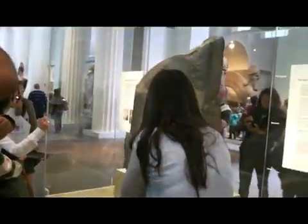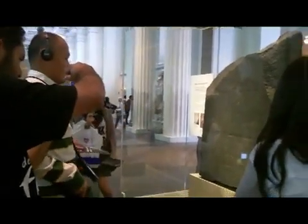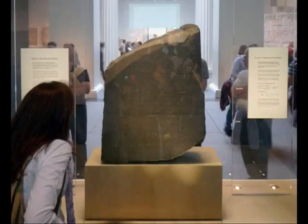Yeah. But the stone itself is historically incredibly important. It allowed us, for the first time, to be able to understand, to be able to read, to be able to translate hieroglyphics. Hieroglyphics was the written language of the ancient Egyptians, and until the mid-19th century, we really didn't